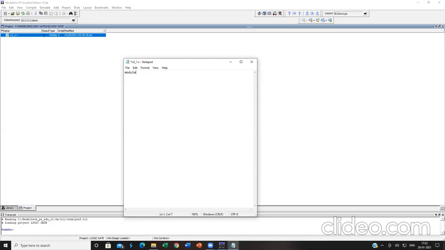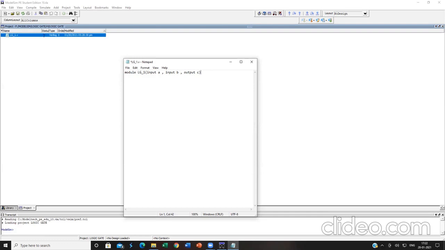For example, LG_1 is the name of the Verilog file you have created, so the name of the module also must be LG_1. If I give a different name, I will get an error. So module LG_1. Here for a sample, I am just putting two inputs and one output: input A, input B, output C. Just to provide a simple explanation, I am providing a one output gate.